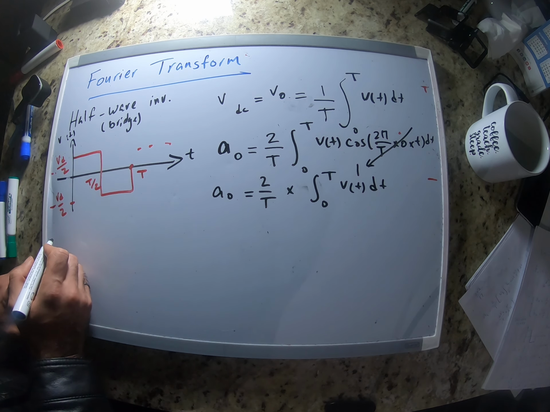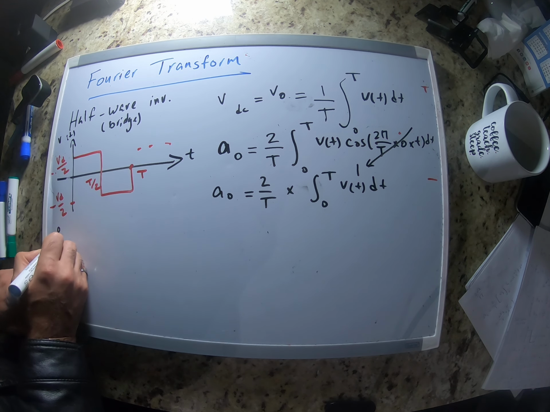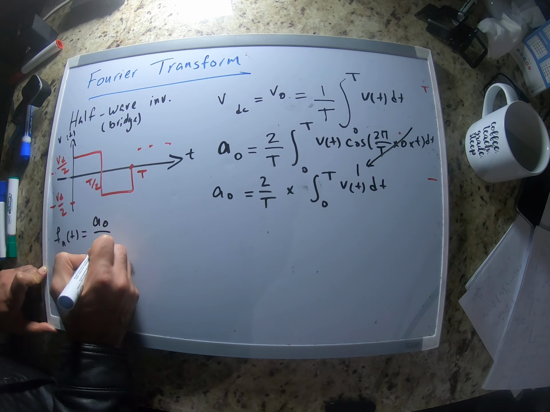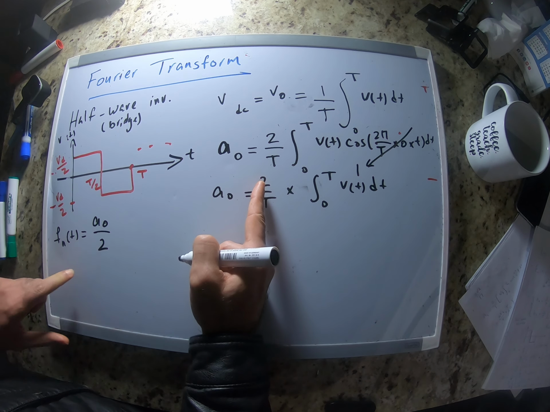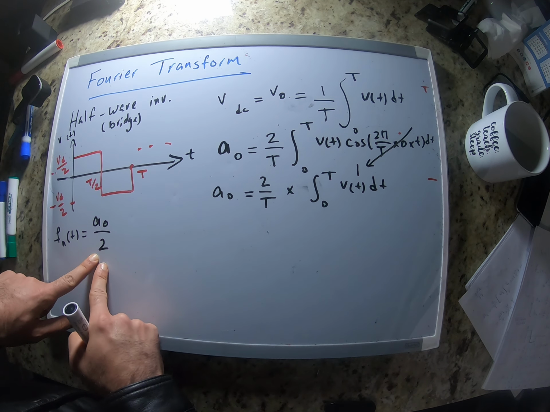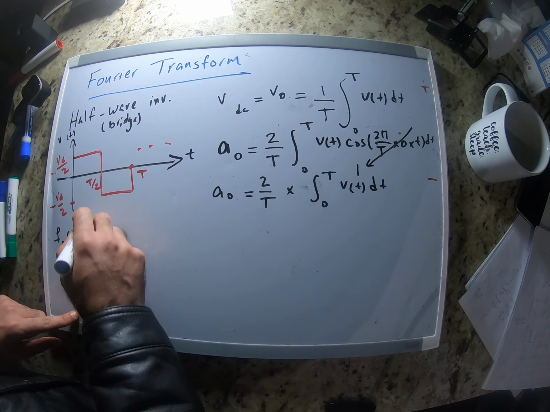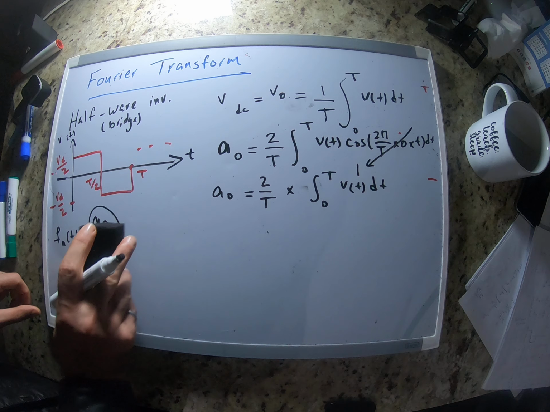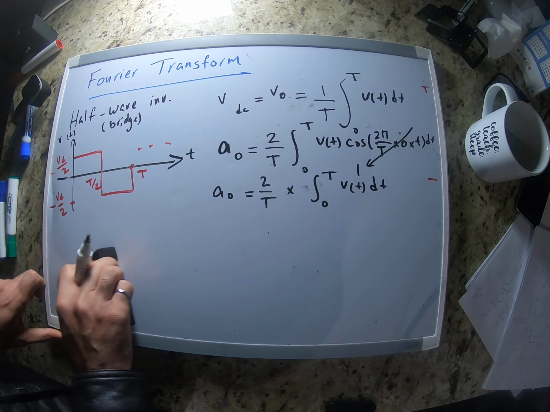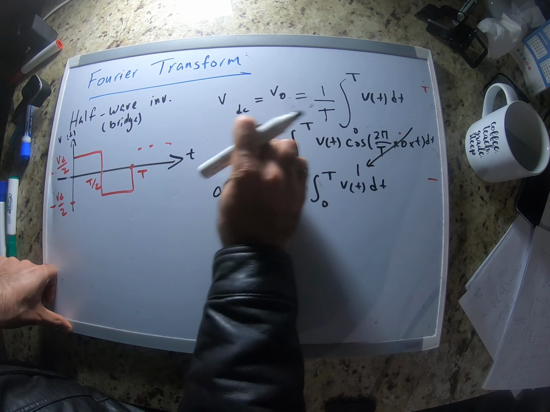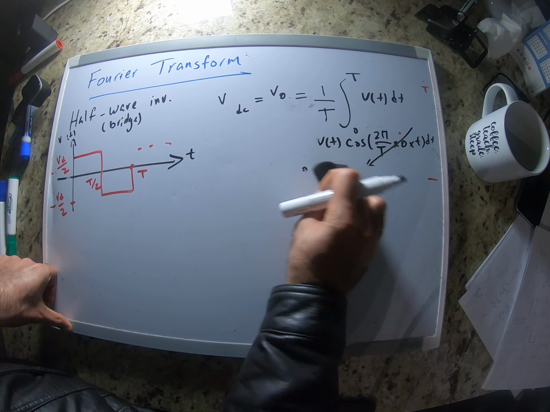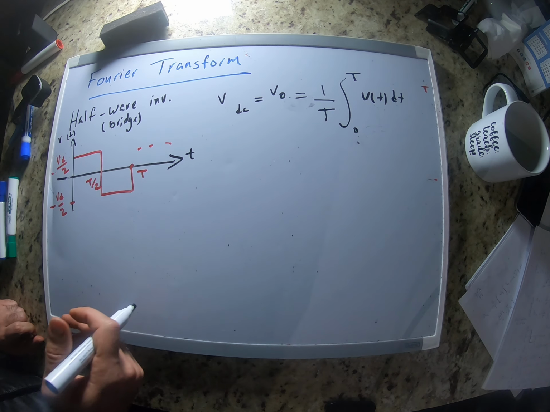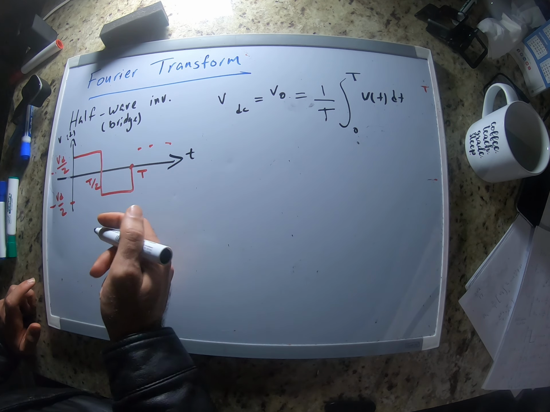That's why, when I wrote the Fourier transform, we had A0 divided by 2, because this 2 has to be cancelled out with this one, and this is going to give us the DC value of the signal. Now, for half wave or half bridge rectifier, this integral is very easy to calculate, because the integral